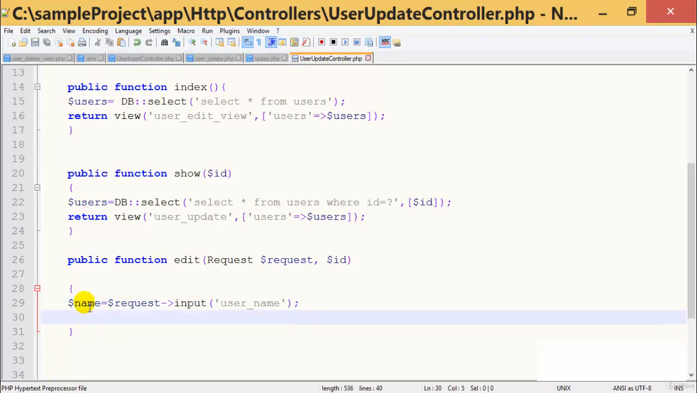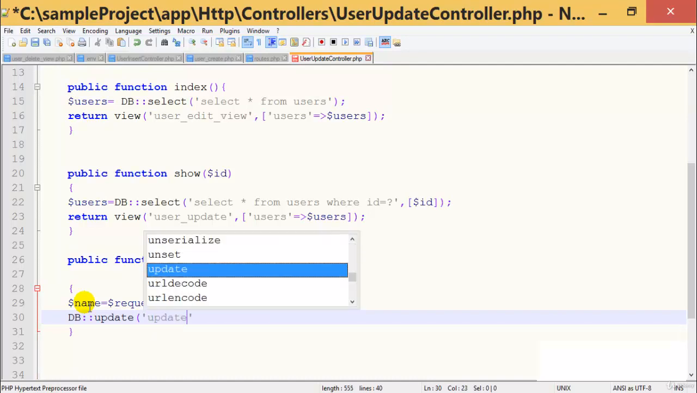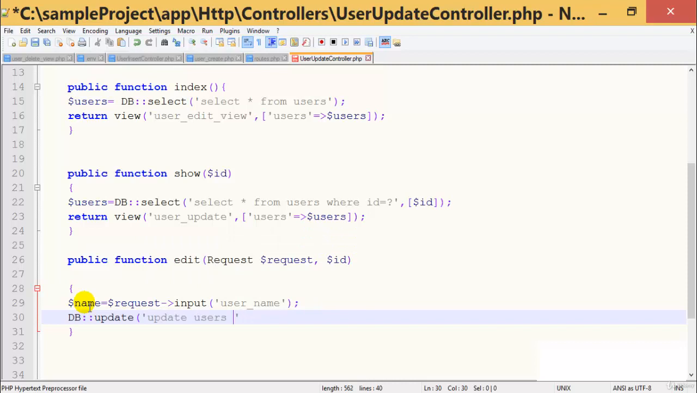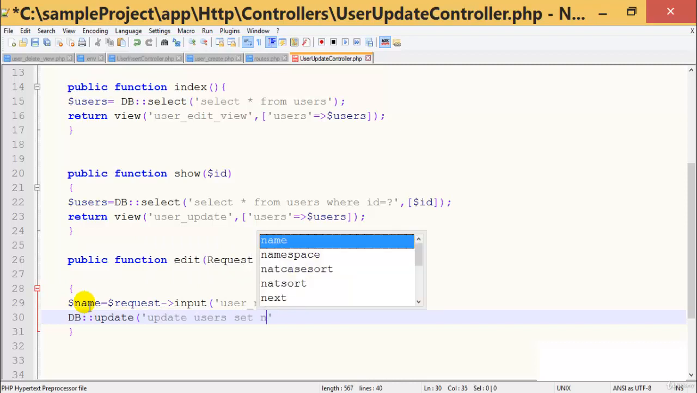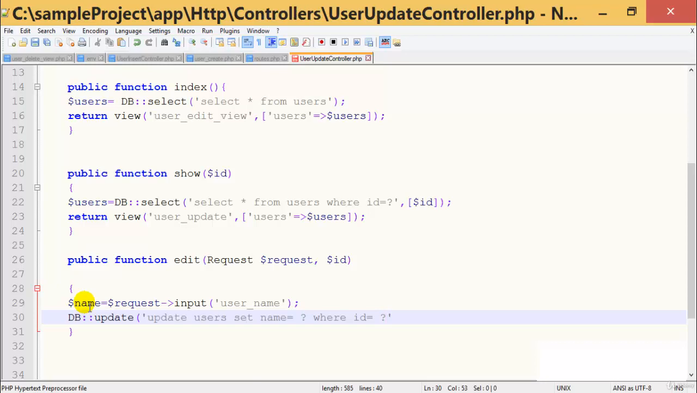Okay, and next is DB. I will use it again. I'm going to update, so it will be DB update. And the syntax is like this. First I will give the SQL query, update set name equal to question mark where ID equal to question mark. Okay,